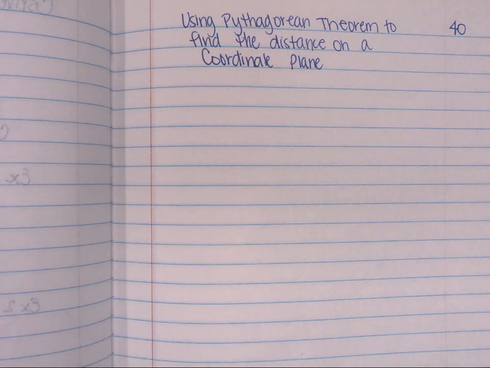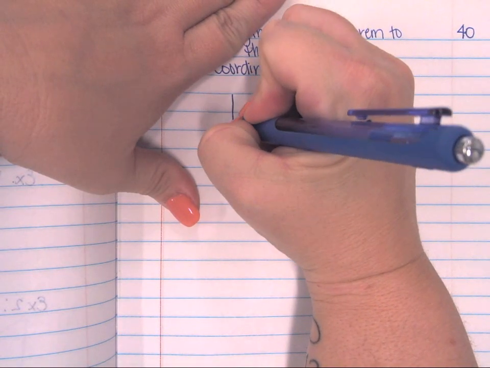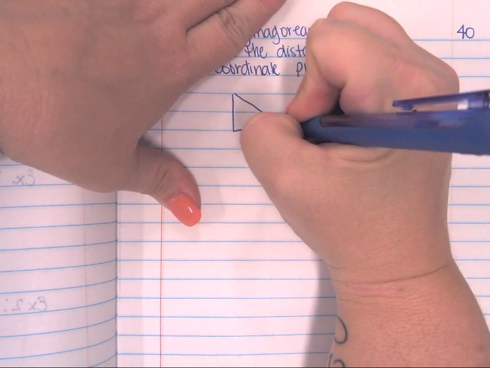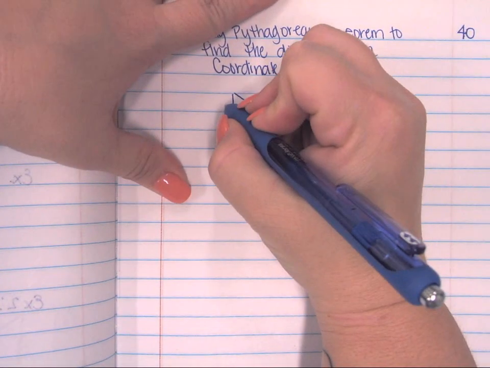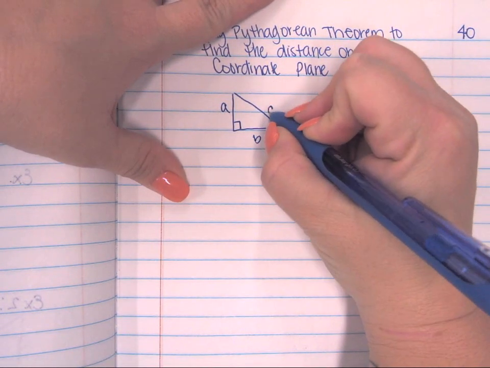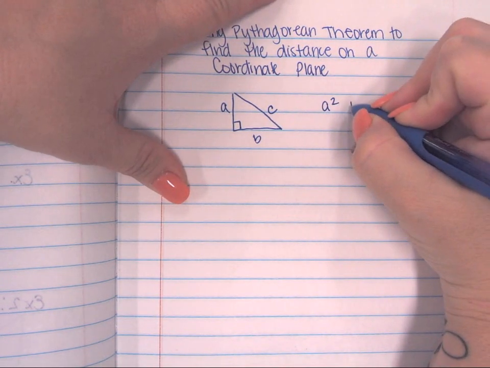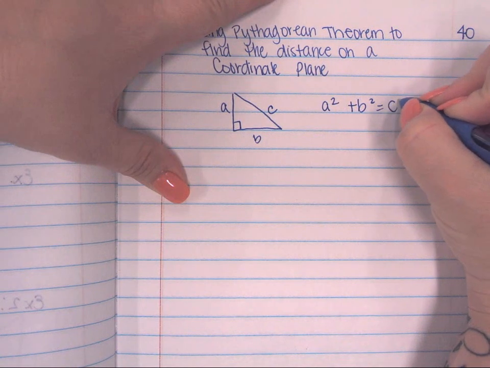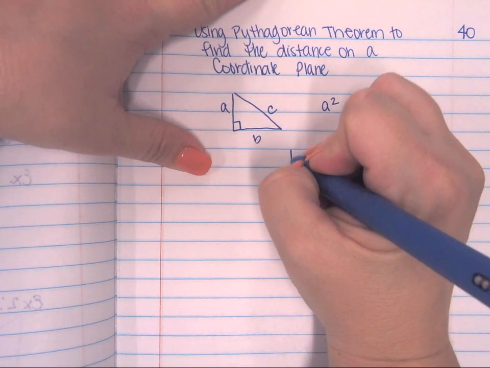Okay, so let's say that we know that a right triangle looks like this, right? And we know that this is side A, side B, and side C. And we know that A squared plus B squared is equal to C squared, because that's the Pythagorean theorem. So if I have a coordinate plane,